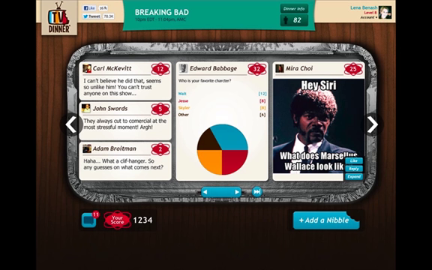And the second type of nibble is the poll question nibble, which you see here in the middle position of the tray. These are poll questions that users can submit, and then everybody in the room can vote on these poll questions and see the results in real time in the form of a pie chart.